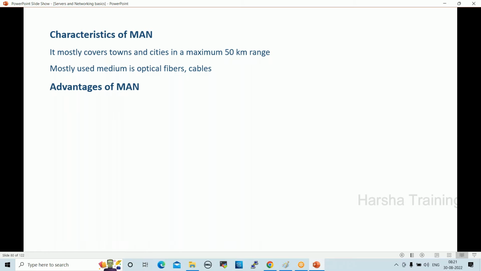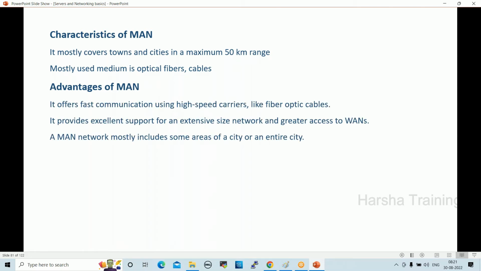Advantages of MAN. It offers fast communication using higher speed carriers like fiber optic cables. It provides excellent support for an extensive size network and greater access to WANs. A MAN network mostly includes some areas of the city or the entire city. For example, Geo configured the entire city when they started the Geo service.